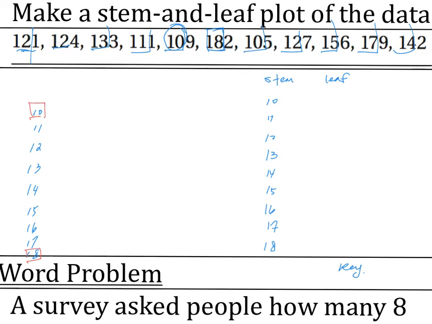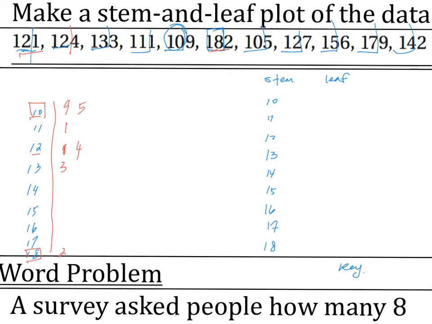Okay, so I've already written this down for you to save time. And now I'm not going to worry about the order. I'm going to start with 121. So I'm going to go to 1, 2, and put the 1 next to it. I'm going to draw a line to cut the stem and leaf. And then 124, 133, 111, 109, 182, 10,